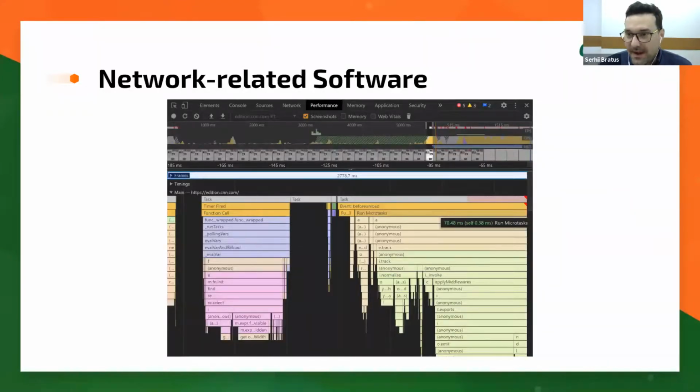Also, there is one more page called performance. This will work fine if you actually want to do something with the exact page, because, compared to the previous slide, the network actually measures the load of the page, and performance measures the page after it was loaded, the performance after it's already been shown. The same flame graph, everything very interesting, and you can find a lot of information there if you suspect that you have problems with performance over there.